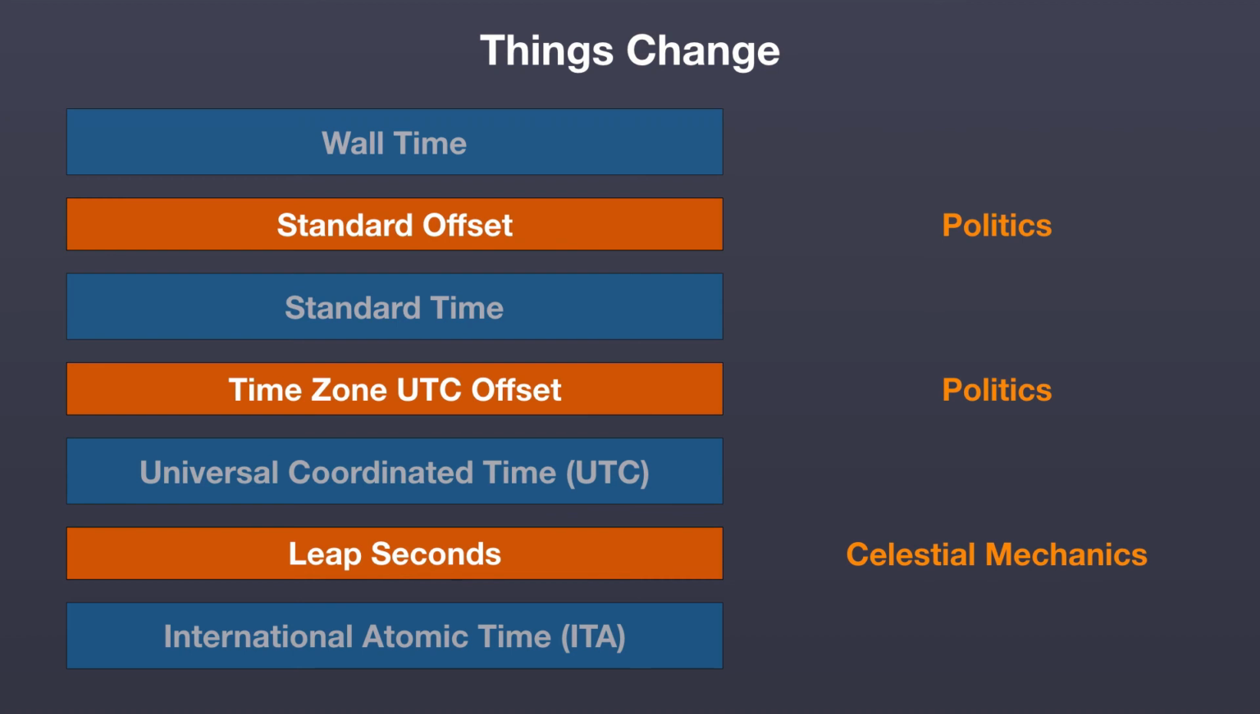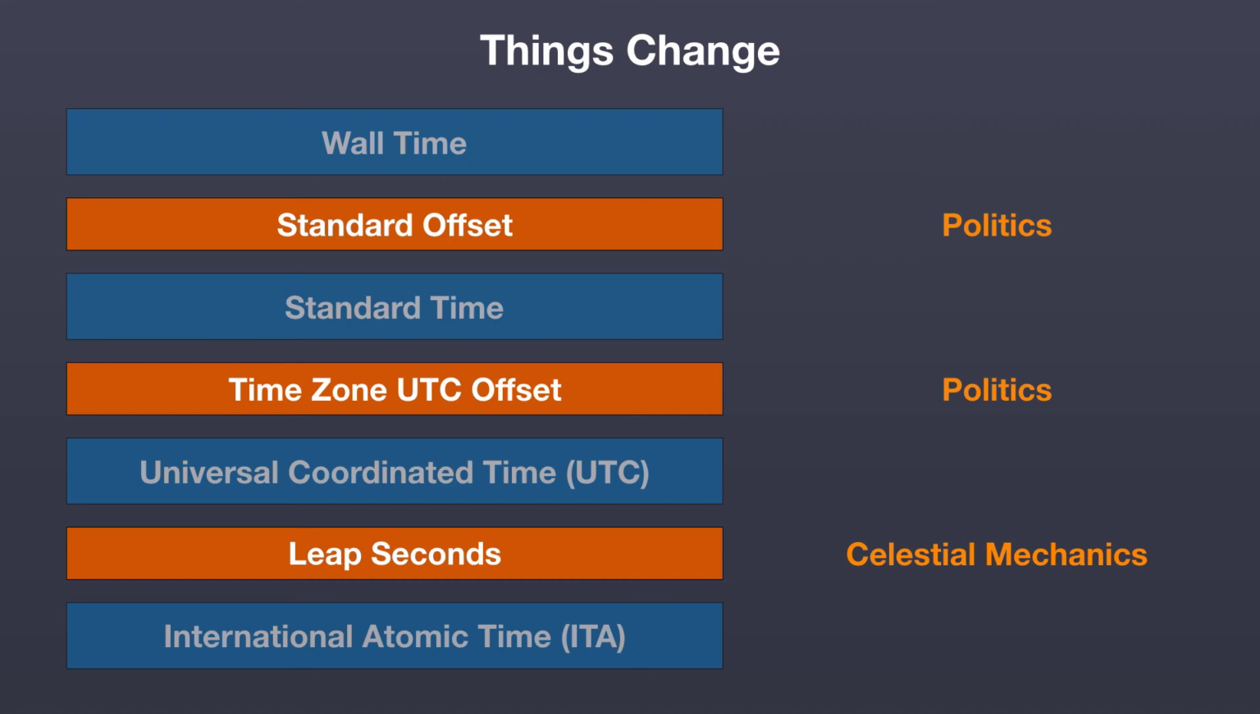Celestial mechanics and the rotation of the Earth are evaluated over time, and every once in a while you will see new leap seconds introduced that make adjustments to UTC. Similarly, politics can change time zones as well as standard offsets. As far as the number of times this can happen,